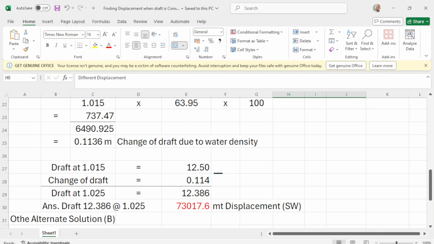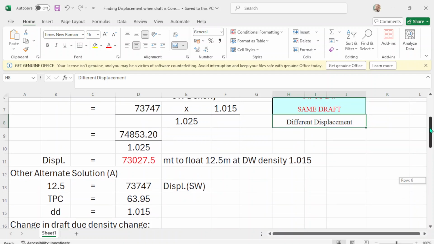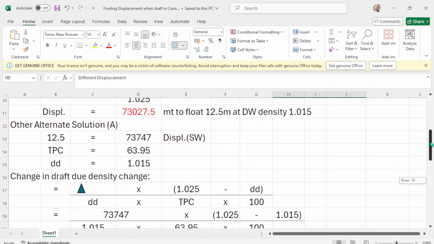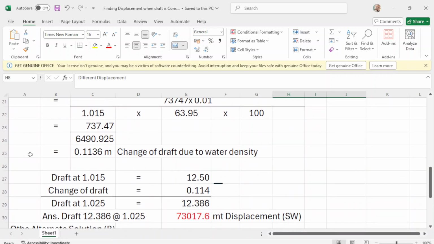So at brackish water of 1.015, this is your draft, 12.5. The change of draft is 0.114. So round it up.